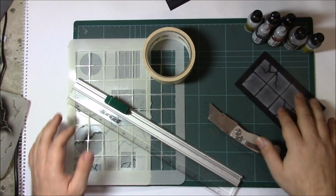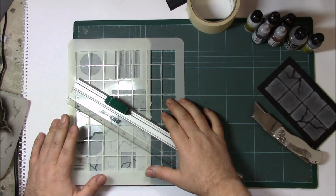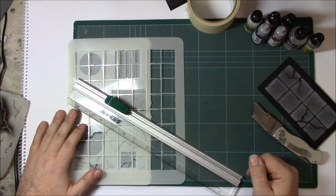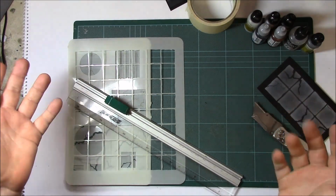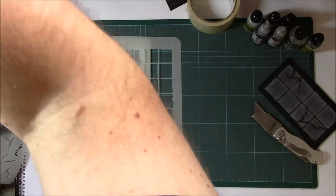So to start with, I'm just going to give you a quick demonstration that some of this stencil can be used by sponging. You know I normally do things with the airbrush. This one you can use a sponge as well, or instead of. So let's grab some of the material here. So the first thing we need to do